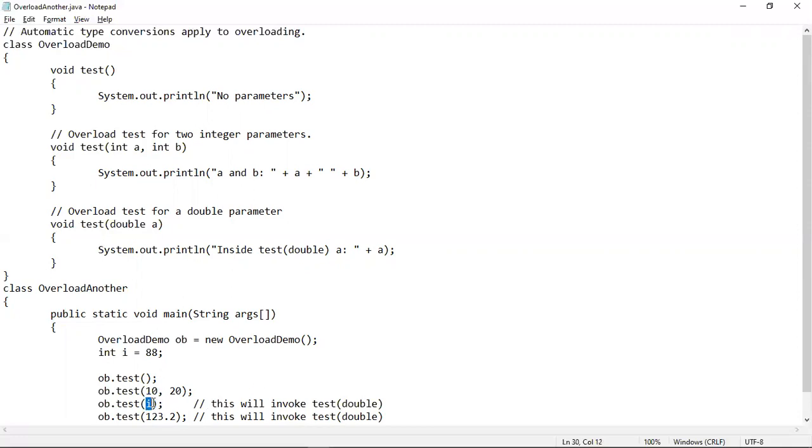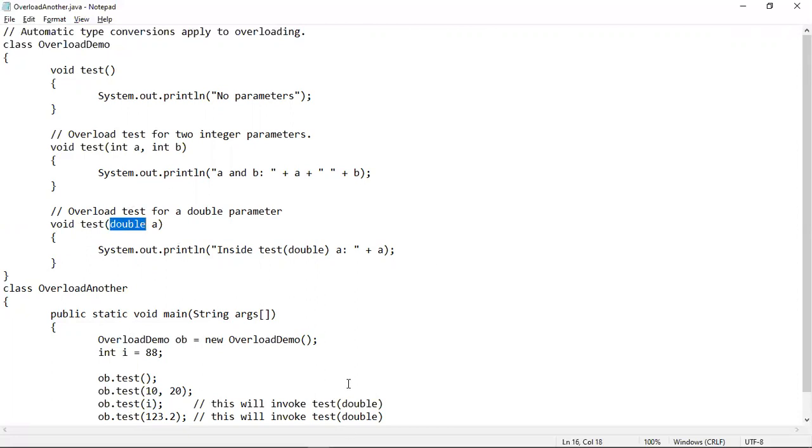That means this integer will be automatically converted into double, because the compiler will see that an overloaded test method is there with a single parameter and its data type is double. So the compiler will automatically convert this integer variable i into a double variable. That means automatic type conversion will take place.